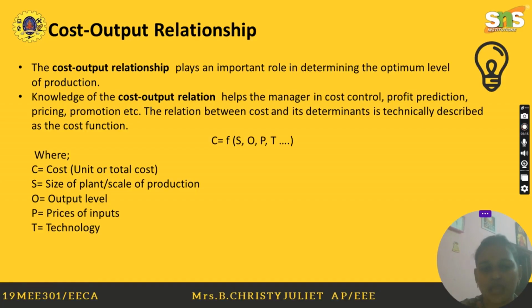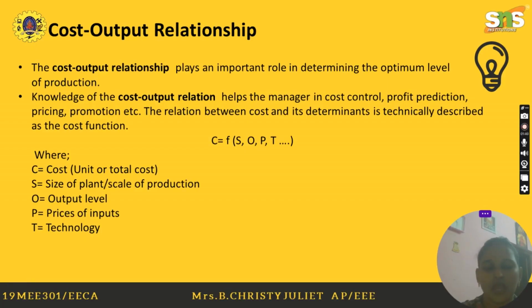That size of the plant includes the machineries and manpower involved. So what are the costs involved in those scales of production or the size of plant? That is a function that